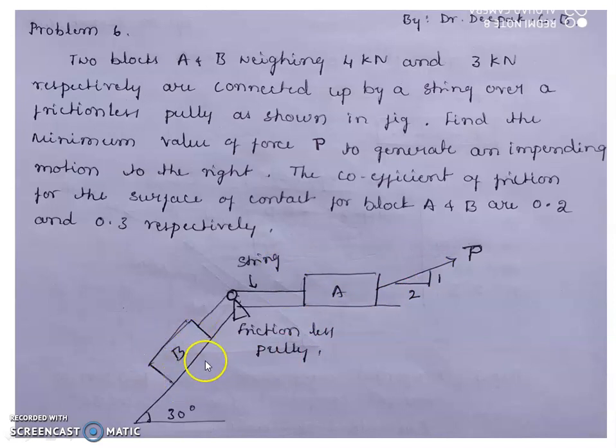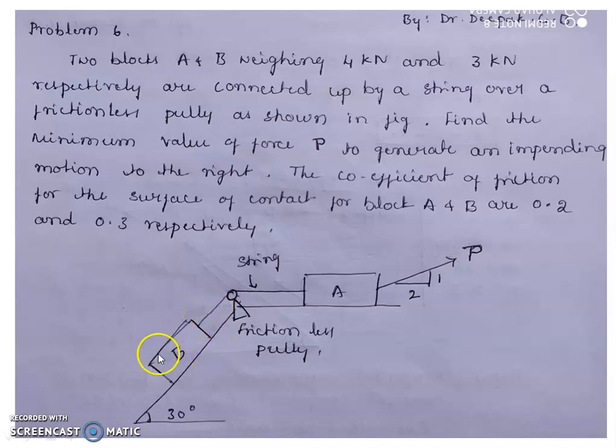Now I will consider block B. Let me see what are the forces acting. I will consider the x-axis parallel to the inclined plane like this. Then what are the forces acting in x direction? We will see. One is this tension in the string. Another one is the weight component. I know if I resolve this, tension is unknown. Since block A moves towards the right, my B block moves upwards. Hence the friction will generate opposite to the movement of block B, that is in the downward direction. Friction is unknown, tension is unknown, and the weight component is known.